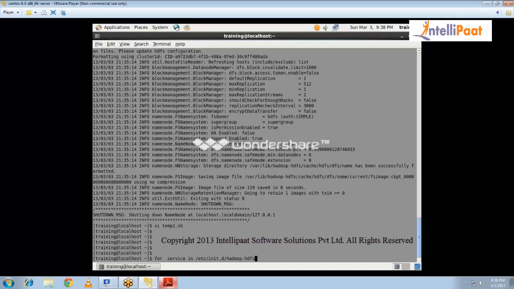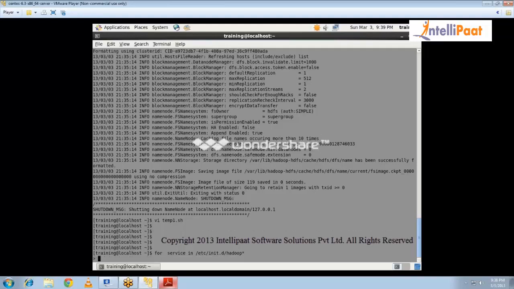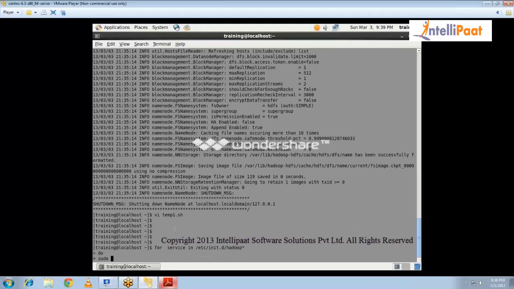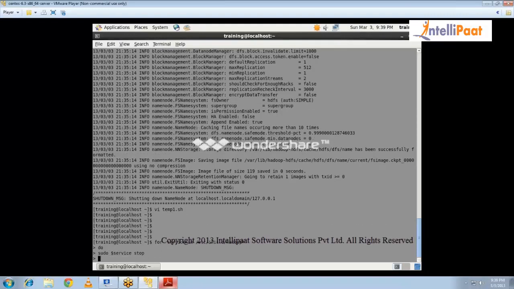Hadoop star. Enter. After that, enter. Okay. Sudo space $service stop, done.